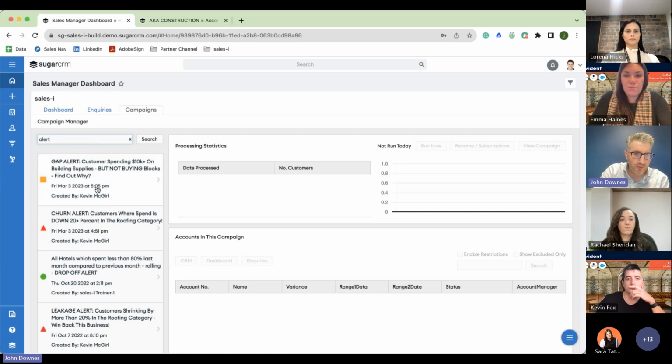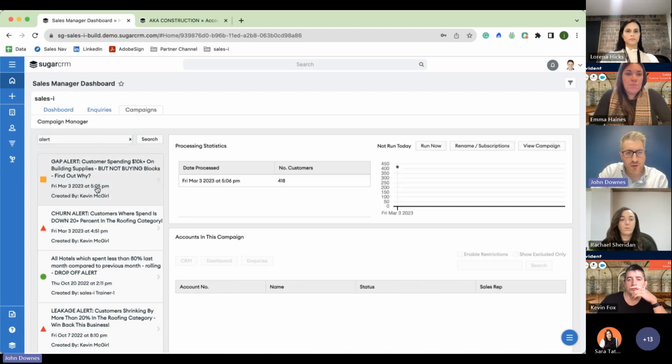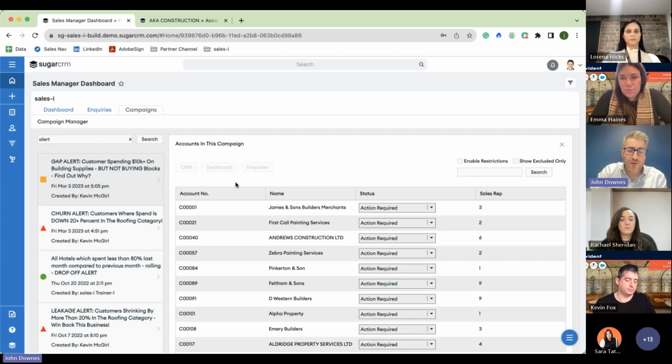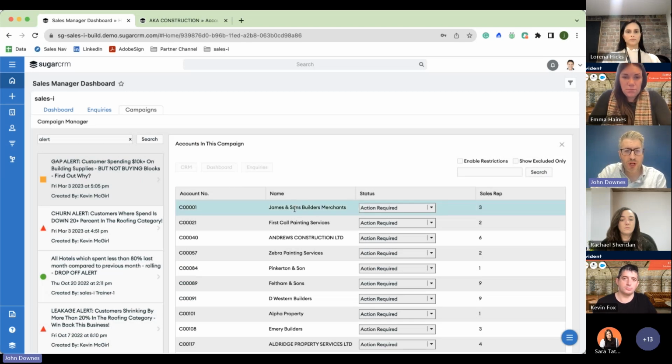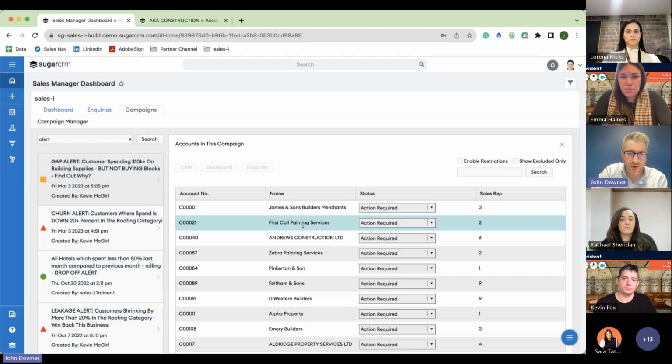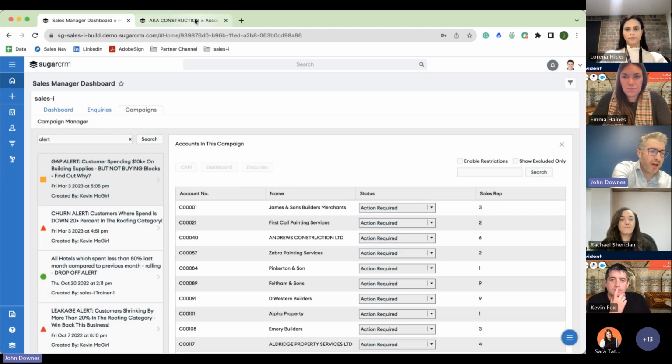So in this example, I've got customers that are buying from one category that don't happen to be buying some subcategory product. There are 418 customers that are on this campaign at the moment. And if I was to go onto the accounts of James and Sons or First Call Painting Services, there would be a flag within my Sugar environment letting me know that there is a core issue that I need to pick up. Talking of an account level,